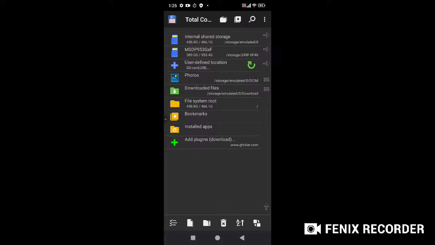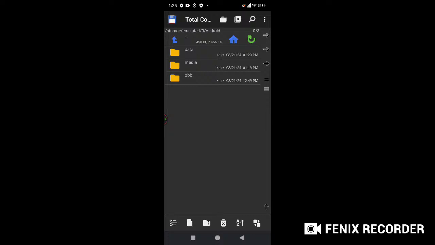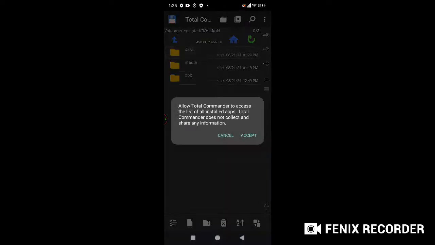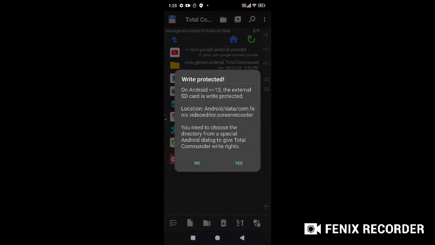when you go in here on your internal storage and you go into Android and you go into data, allow Total Commander to access the list of installed apps. Total Commander does not collect and share any information except. So now we have the applications, right? So we should be able to go into it. And then of course the clicking game of bullshit, but at least Google takes it a little diabolical step by step,